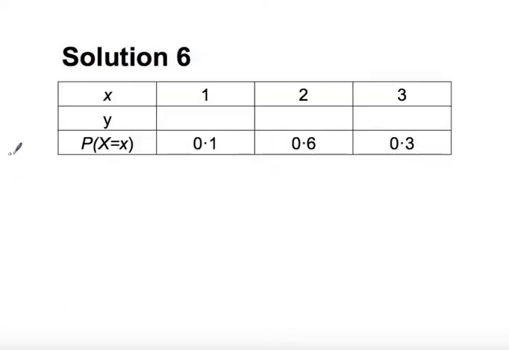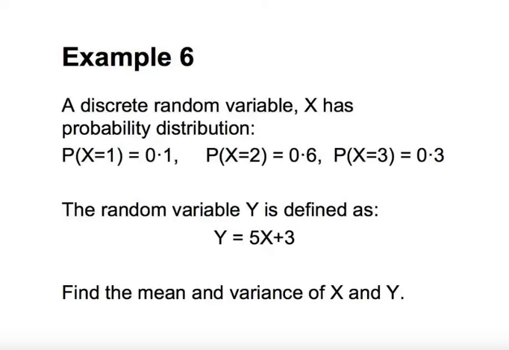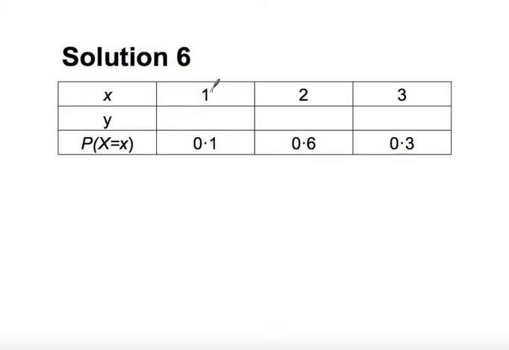Okay, so before we start doing the mean and variance, let's actually define our y values. Our y values we were given as 5x plus 3. So 5 times 1 plus 3 is 8. 5 times 2 plus 3 is 13. And 5 times 3 plus 3 is 18. Okay, so what we have at this point is what our x variable values are and what our y variable